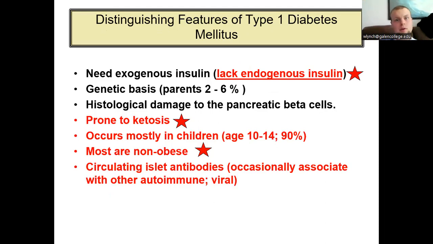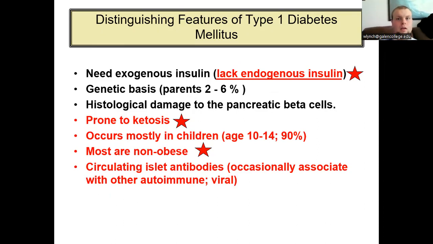So if we distinguish type 1 from type 2, type 1 is where we simply do not make insulin, right? So we have to take in exogenous insulin from a third-party source. We have to do injectable insulin or get insulin into our body somehow because we just do not make it. It comes because of immune damage, so it's basically an autoimmune disorder that causes destruction of the pancreatic beta